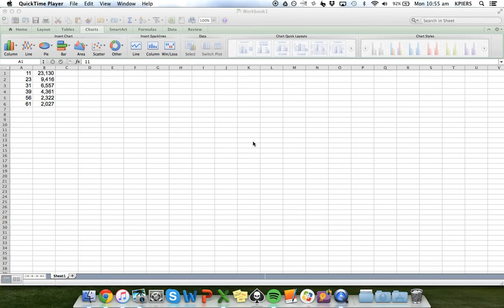Okay, so what I'm going to do here is show you how to make a standard curve graph using semi-logarithmic scales. What I've got here is data that shows the distance traveled in millimeters along the gel, and the size of the marker band. So, for example, the 23,000